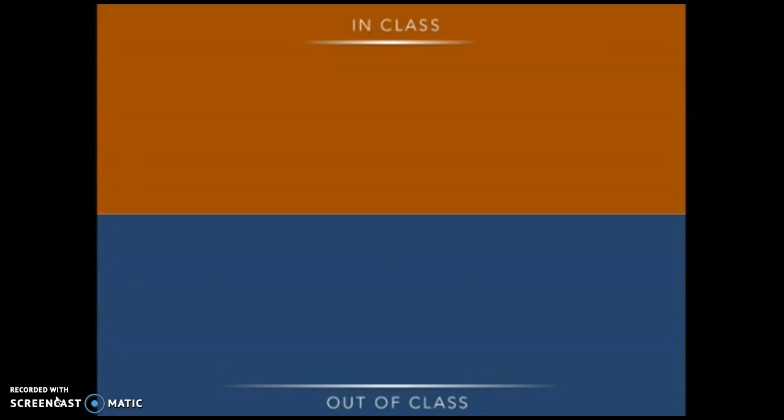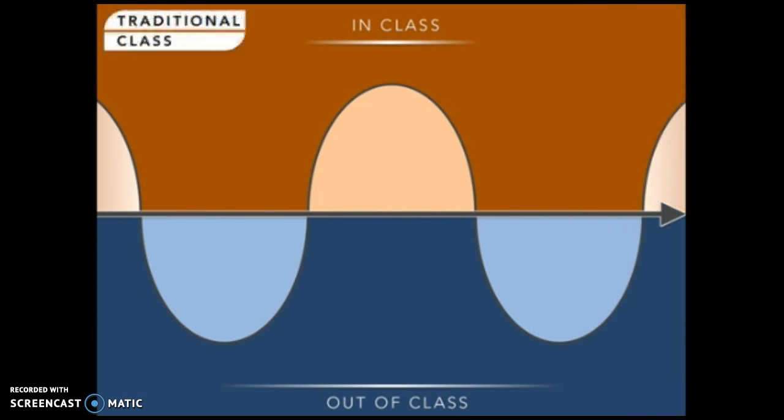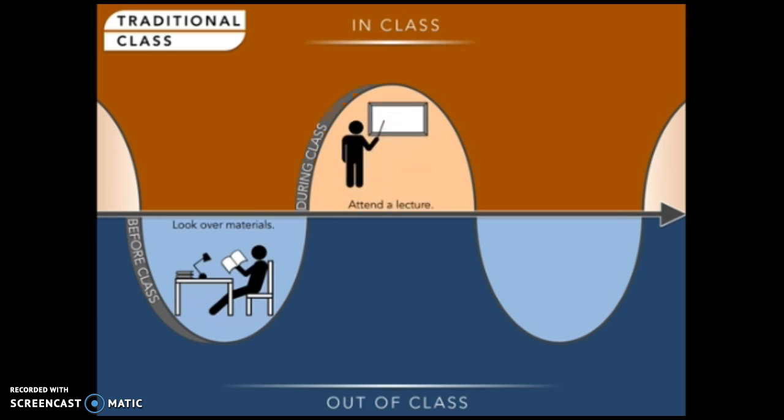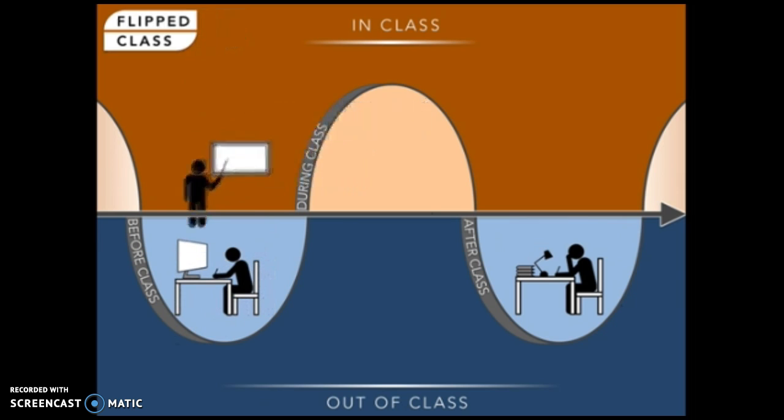Every course that has some face-to-face component progresses through a sequence of in-class time and out-of-class time. In a traditional lecture-based class, students are typically assigned material to study before coming to class, but then are expected to sit through a presentation that often covers similar content, and then assigned something to do for homework, usually on their own. In a flipped class, students have access to the instructor's lectures ahead of time, along with any other